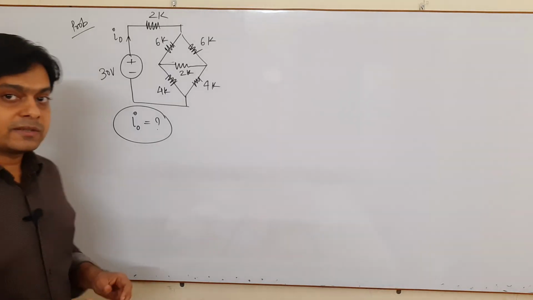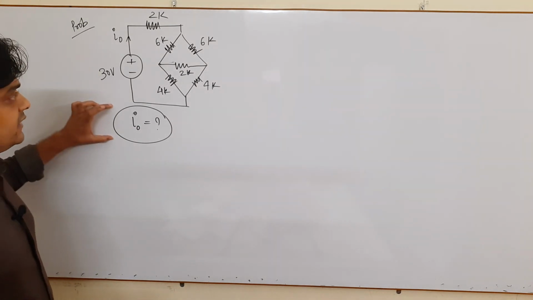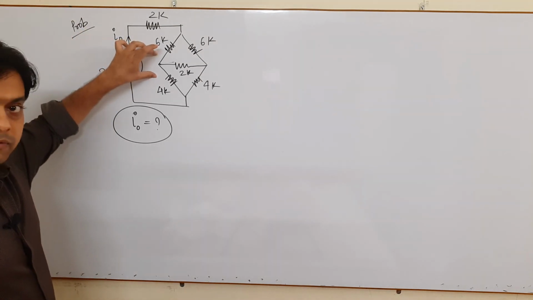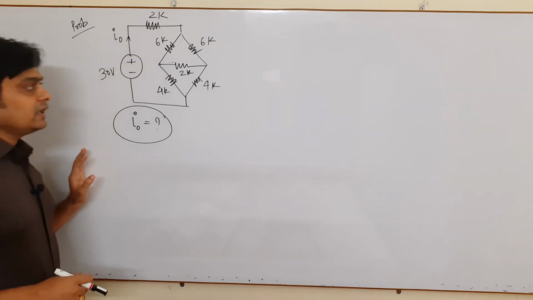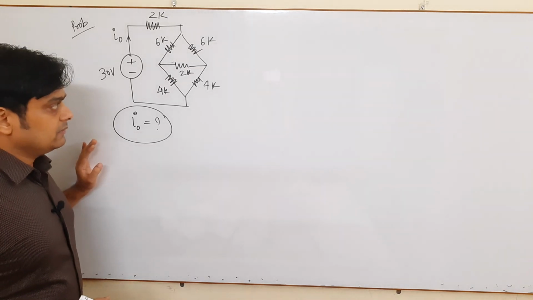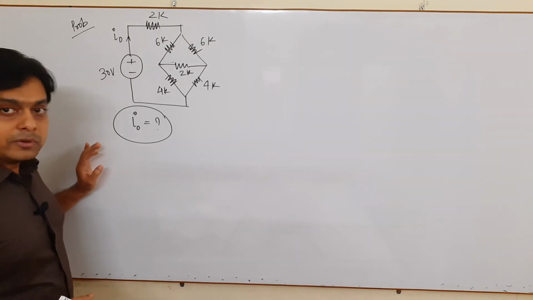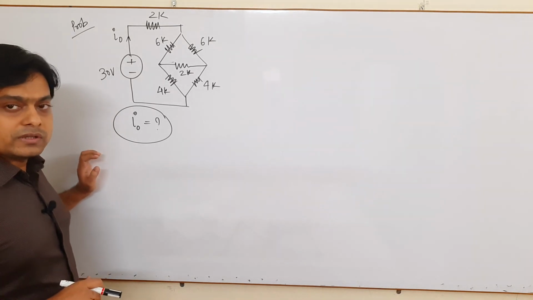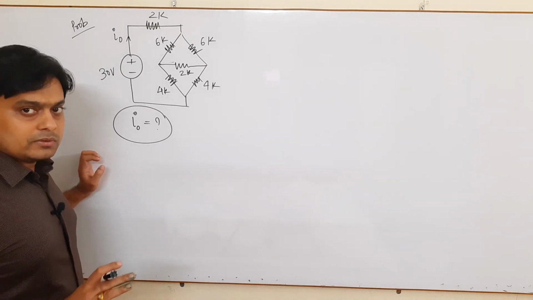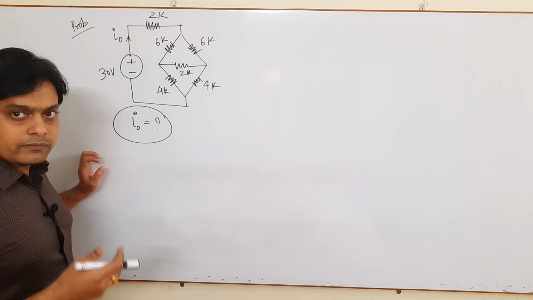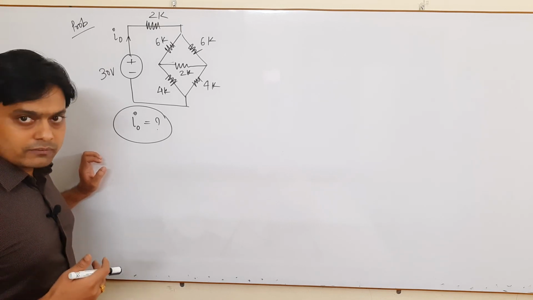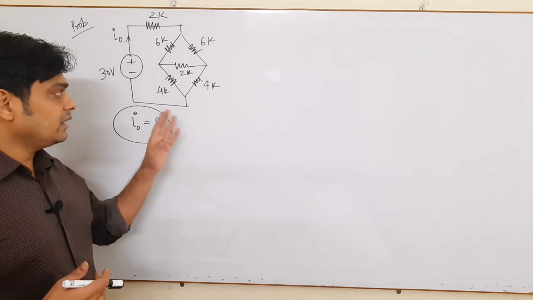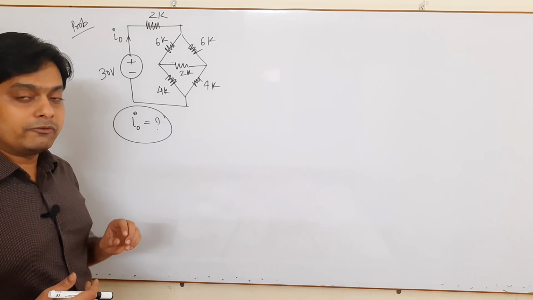Okay friends, this is your next problem. In this problem you have to find the value of I naught. This is a kind of bridge network. Please keep in mind, there are certain problems which use the concept of a bridge, and the most common bridge used in networks is known as the Wheatstone bridge. I'm not going into the Wheatstone bridge itself; you can go through your textbook to find out what it is and what its characteristics are. But in networks, how Wheatstone bridge is applicable and how problems are solved with its help.